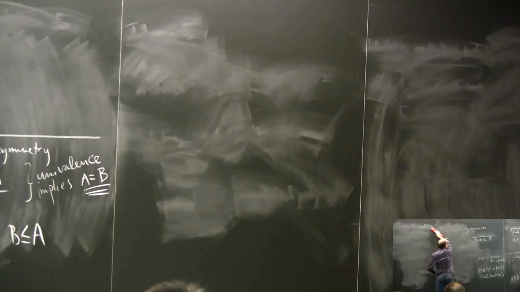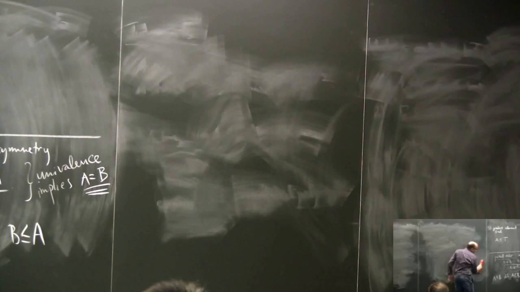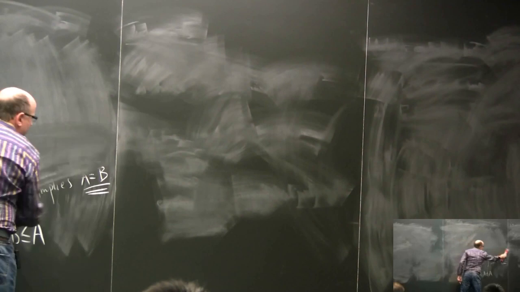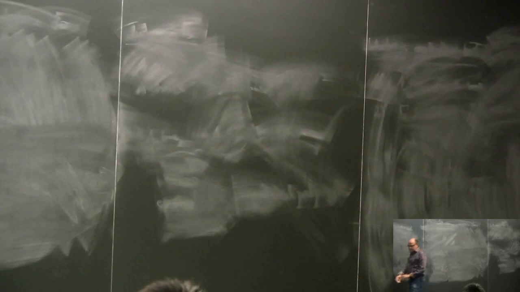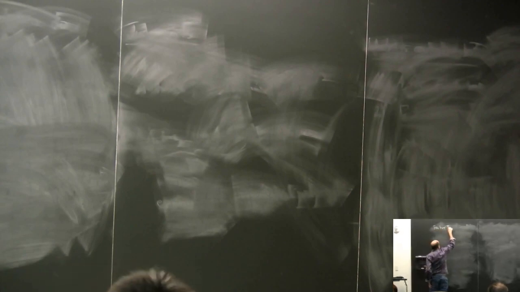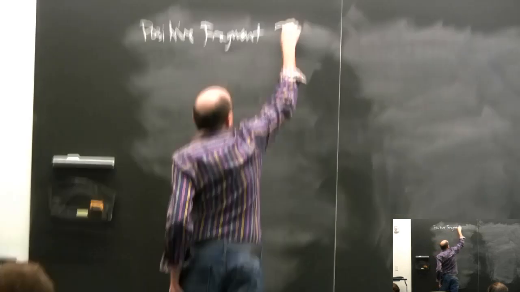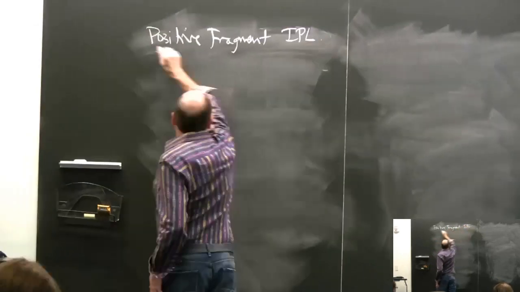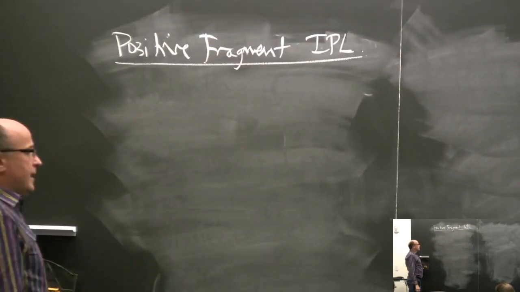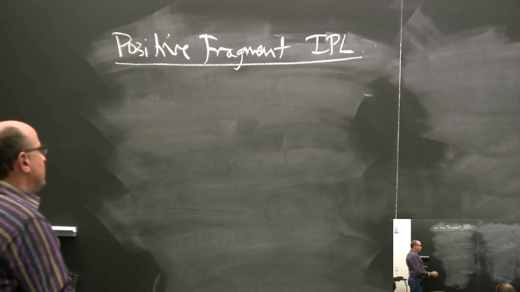So now the next thing I want to do. So that was what I called the negative fragment of intuitionistic propositional logic. And I bet you know what I'm going to do next. I call that the negative fragment. Now we'd like to do the positive fragment. And then that will give me a structure that is familiar and useful. So let's look at the positive fragment. I didn't write negative fragment down earlier, but of IPL, intuitionistic propositional logic. You may wonder why I keep calling it intuitionistic propositional logic. That's because I'm sneaking up on you.